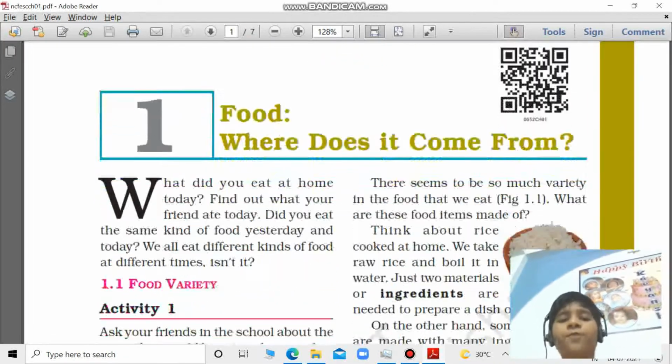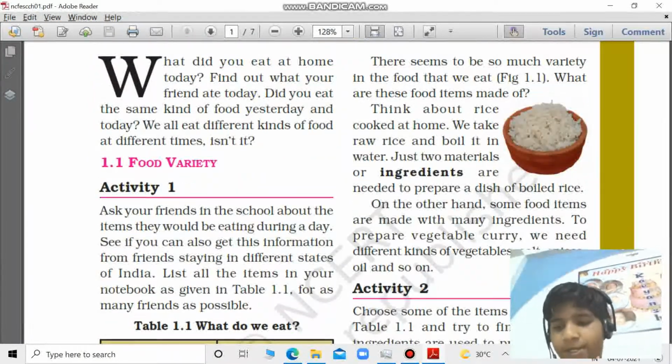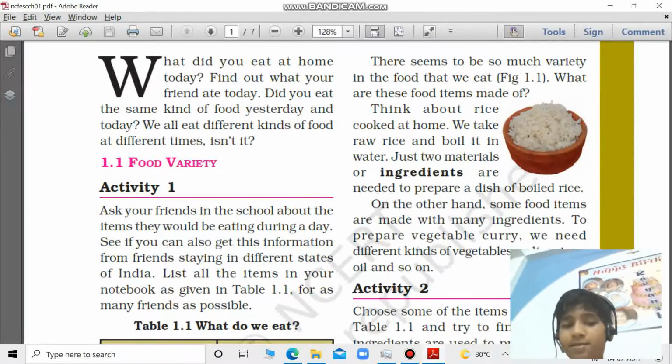So, first thing, food has different varieties. It has so many varieties. Like if you're in India, we have different cuisines. If you go to the north or south, you're going to get different cuisines, not just the same food again and again.